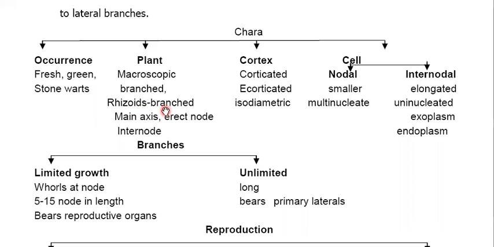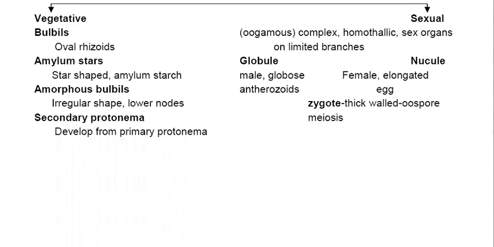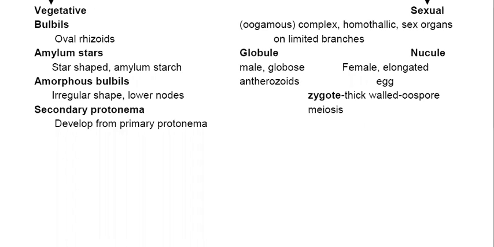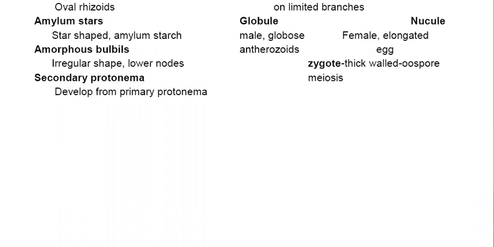The occurrence, plant body, cortex, the cell, and which types of branches are there, you can easily understand and write down in the paper. इसमें वेजिटेटिव स्ट्रक्चर्स कितनी किस्म की प्रोड्यूस होती हैं, सेक्सुअल स्ट्रक्चर्स कितनी किस्म की प्रोड्यूस होती हैं, ये आपको पता होना चाहिए।